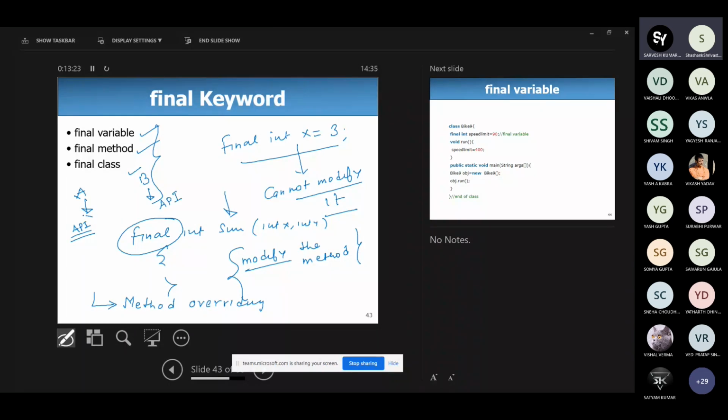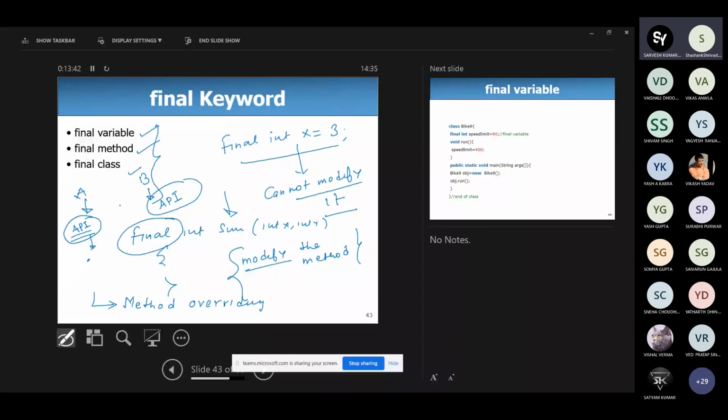Suppose this API is open source. Open source means you can check the source code of it and modify it according to your own need.